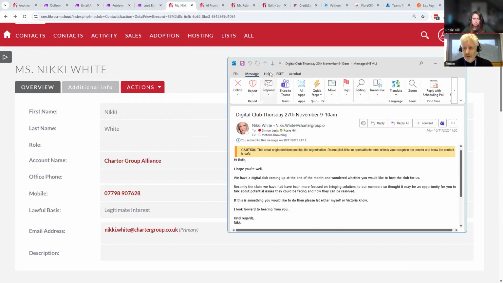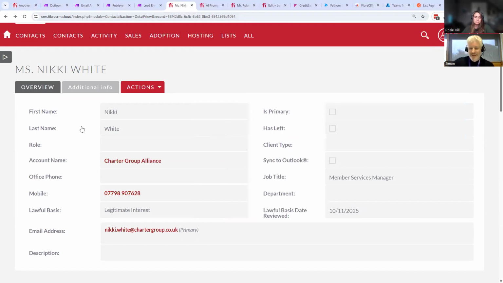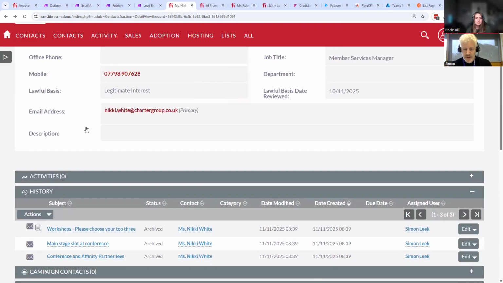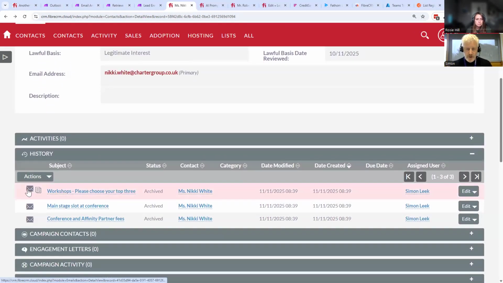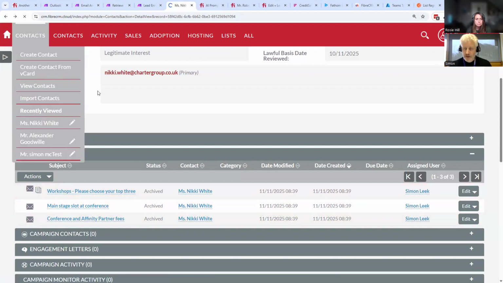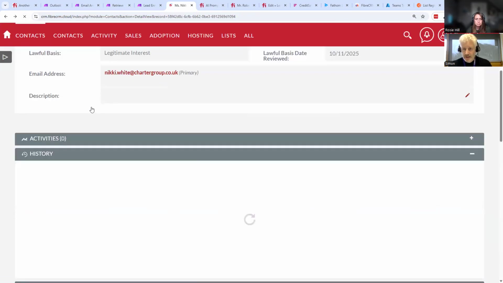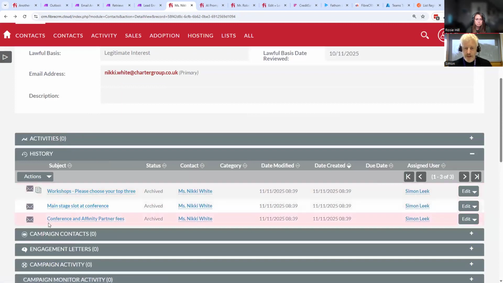And let's say I want that in the CRM. So if I just go to my CRM and load Nikki's record, which I've got here in the background. There it is. There's Nikki's record. It's got her details, and I can see a bit of history. There are some other emails in the past that have been archived. I'll just refresh the screen to make sure I'm still logged in, and there it is. Okay, I've got 3 emails,